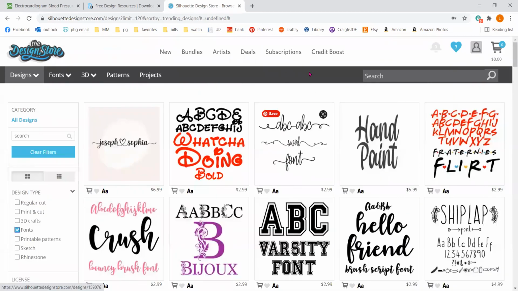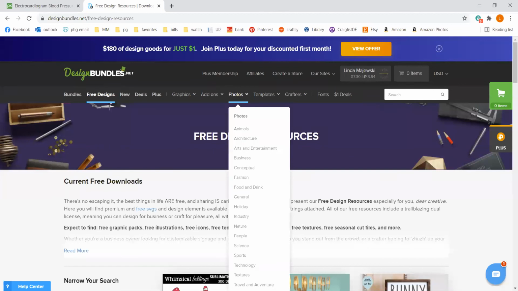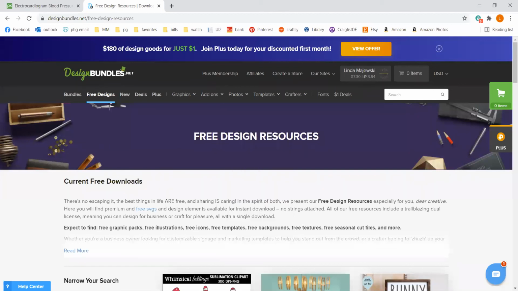But as opposed to if you get fonts from other sites, you need to upload them to your computer. And then when you turn on Silhouette Studio, if you don't see it, turn it off and it'll probably say, oh, we're going to upload your fonts now. So the final thing I want to show you guys real quick, let's go back to